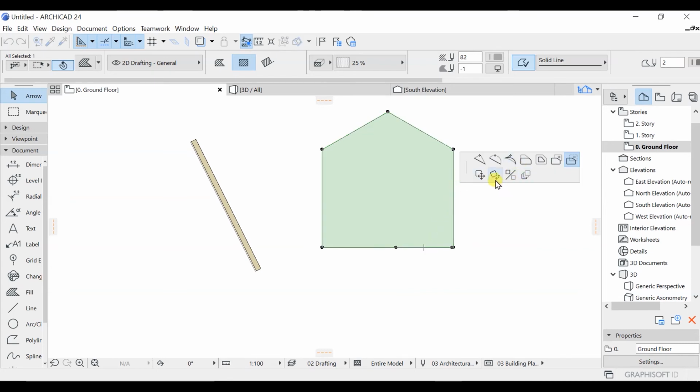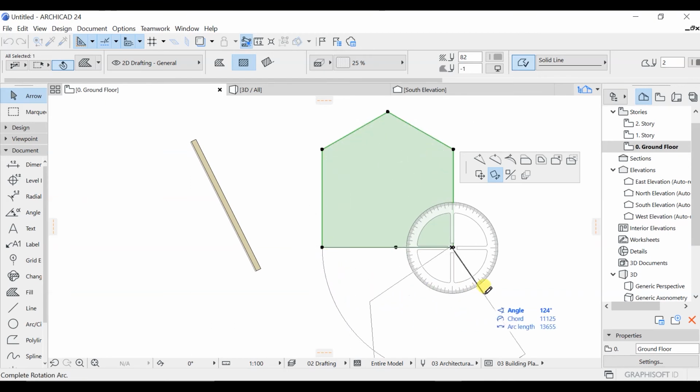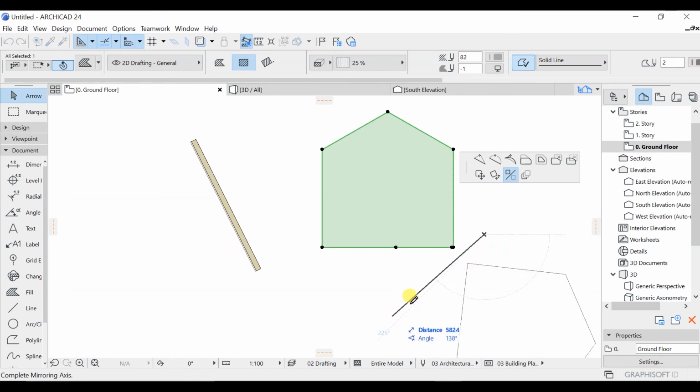So there are a bunch of different options, as you can see here, that I can move this one, I can rotate this one, let's say I will set this origin point and I want to rotate it like this. So there are a bunch of better options, and that is going to make your life easy. You can mirror this one, let's say I'm going to mirror this one just like that. Or if you want to do the copy.